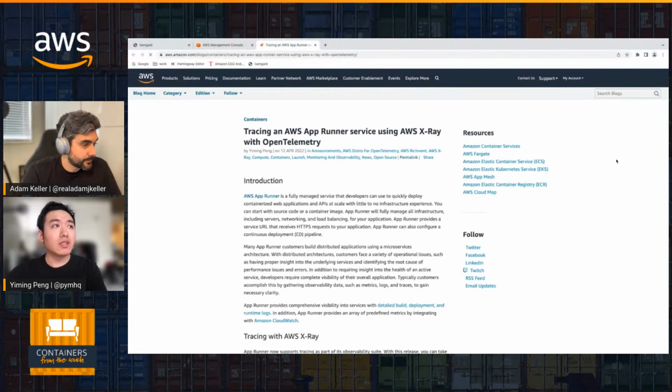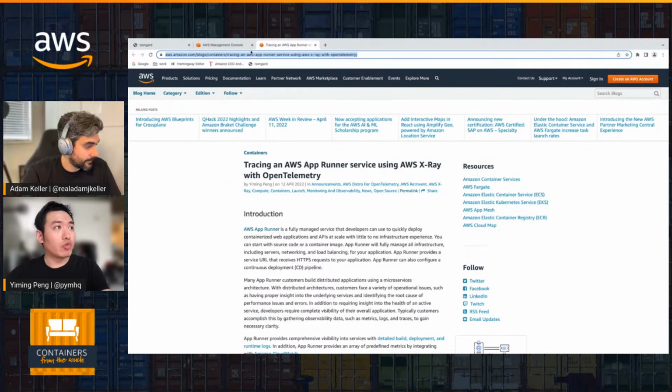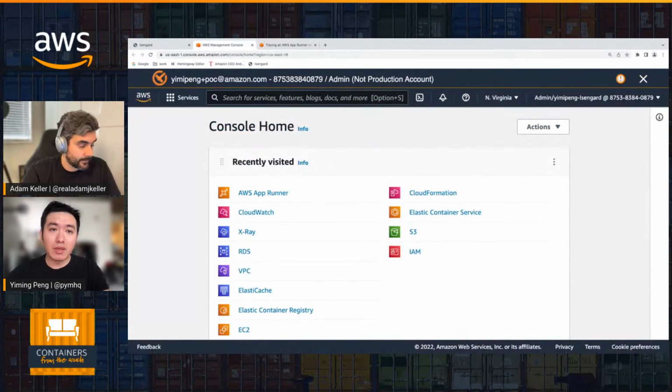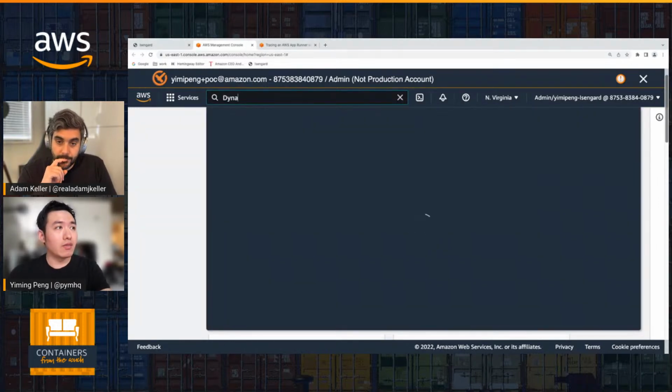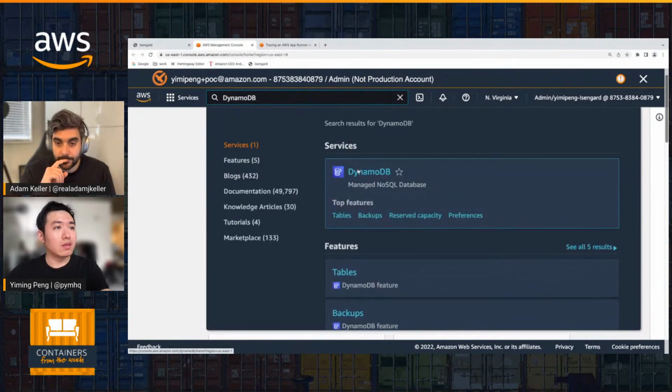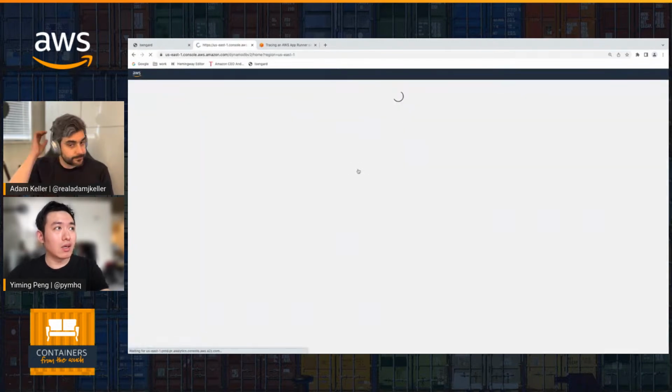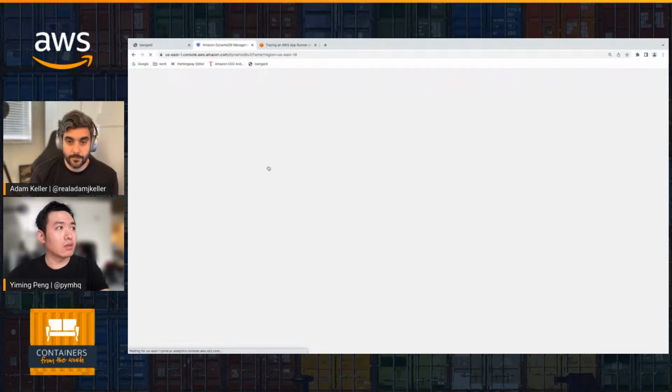So basically, I will first briefly describe the demo app, which I just briefly talked about already. The demo app is the application which interacts with the DynamoDB data store. And if you can see here in my console, I already have a DynamoDB data store, which is called